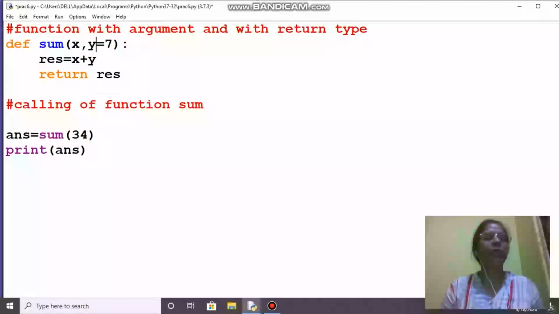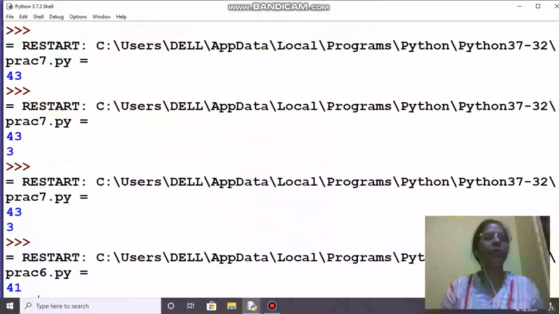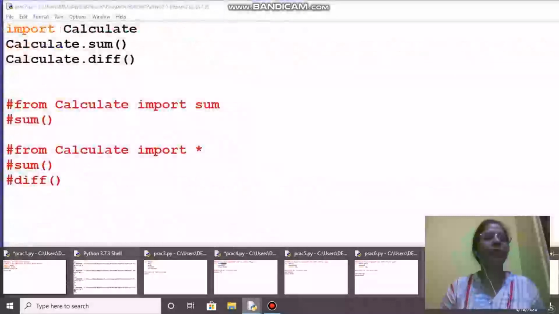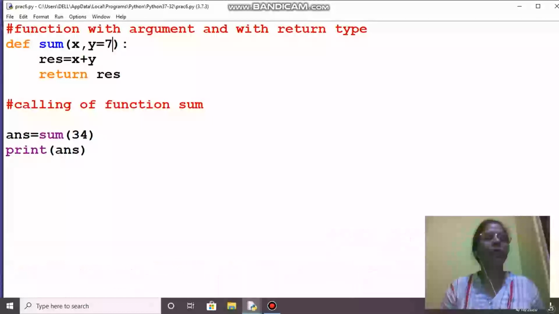So it will give the answer for 34 plus 7, that is, we should get 41. Let us see. See here we have got the answer 41. So the default argument is working.